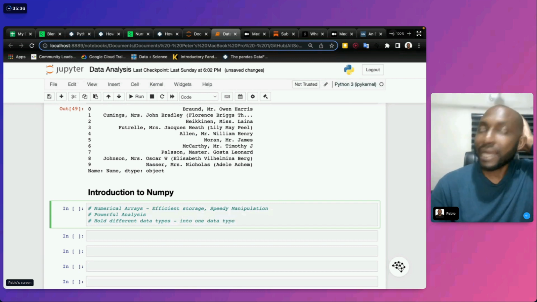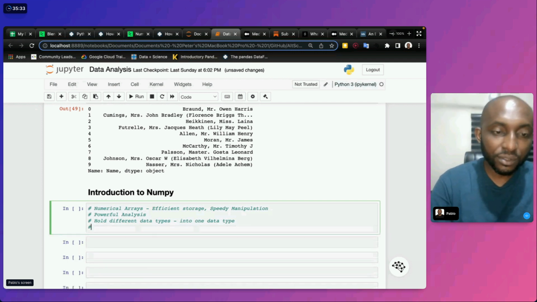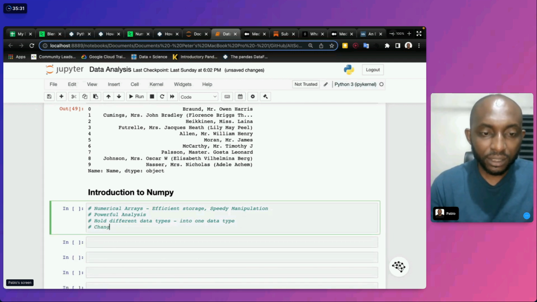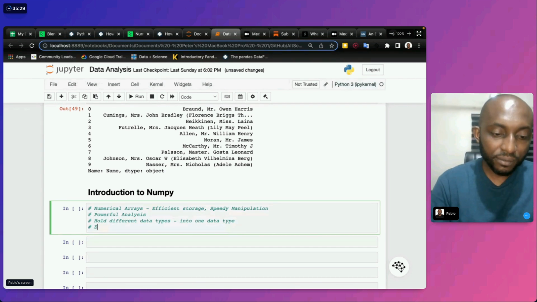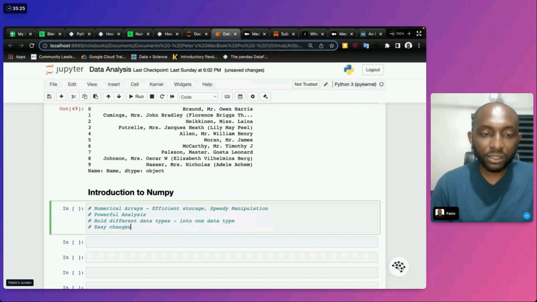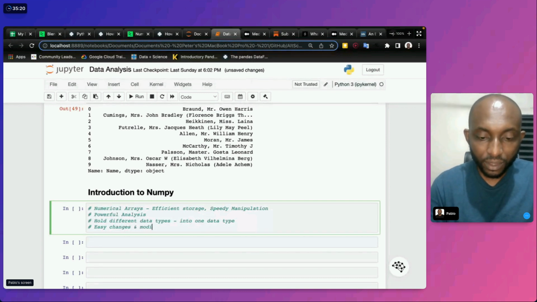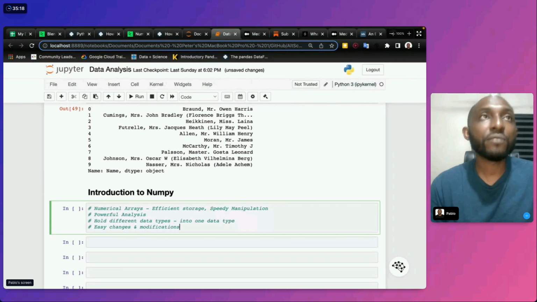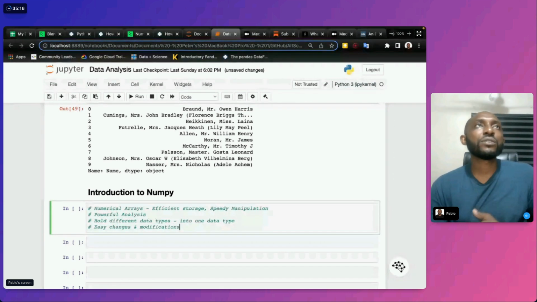You can make easy changes and modifications, mathematical operations and all that.